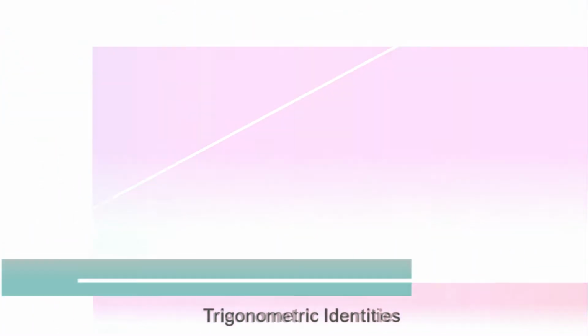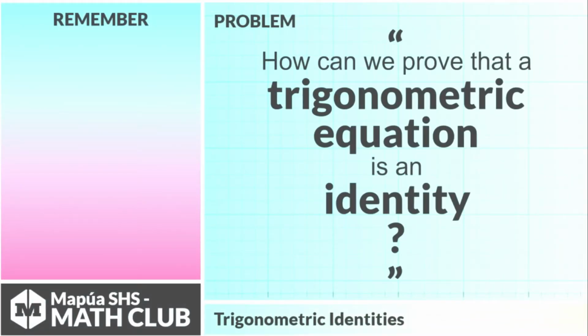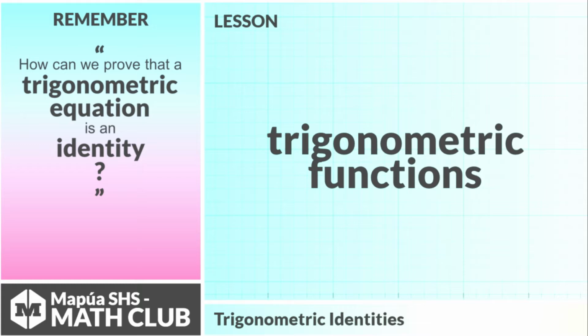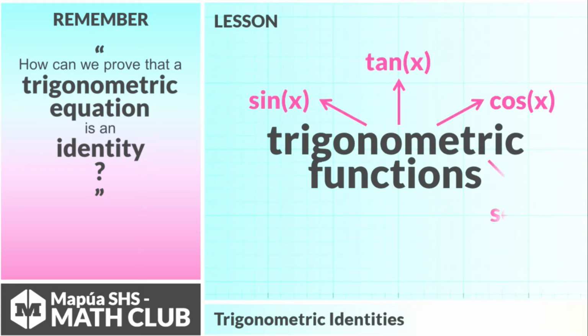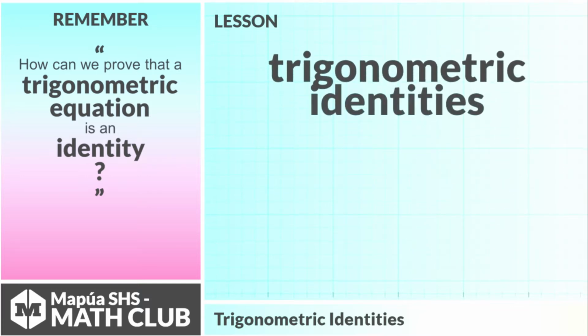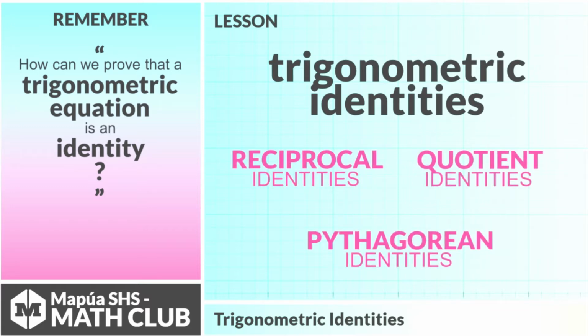Without further ado, let me ask you a question. How can we prove that a trigonometric equation is an identity? From our previous lectures, we've learned that the 6 basic trigonometric functions include sine, cosine, tangent, secant, cosecant, and cotangent. But how are they related to one another? Well, to answer that, we need to identify the fundamental types of identity, which include the reciprocal, quotient, and Pythagorean